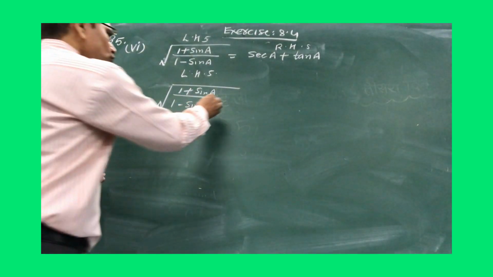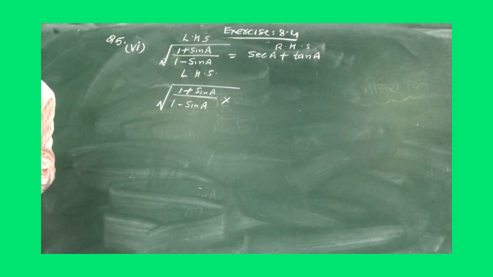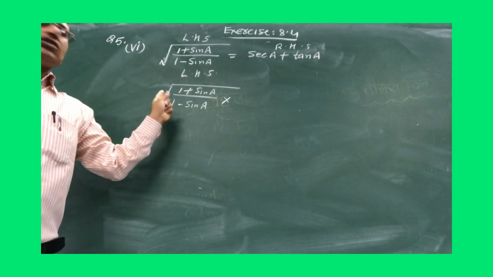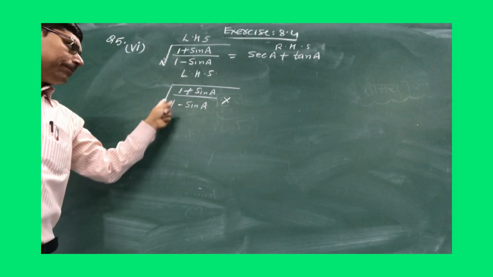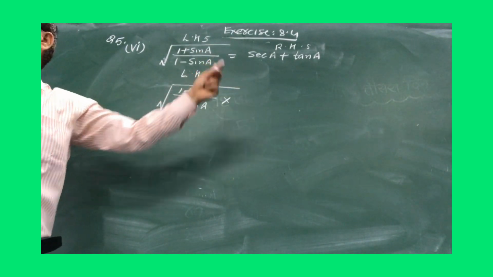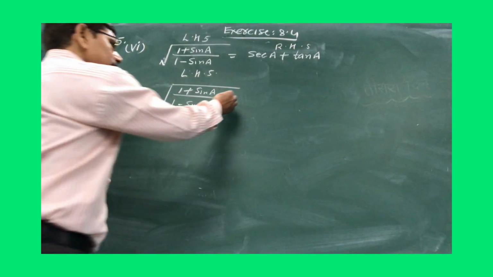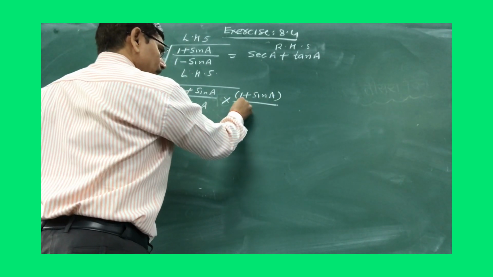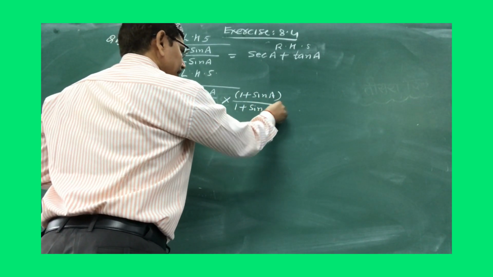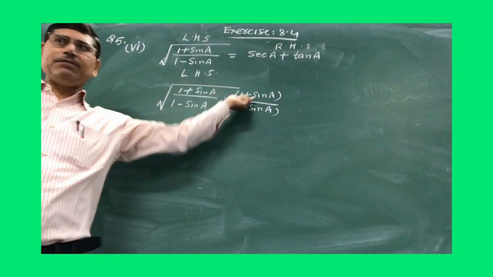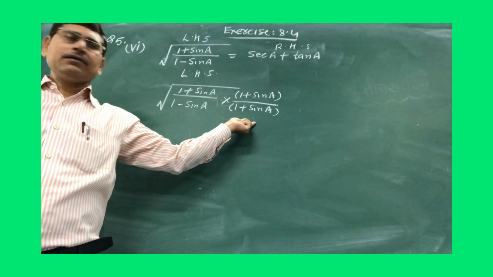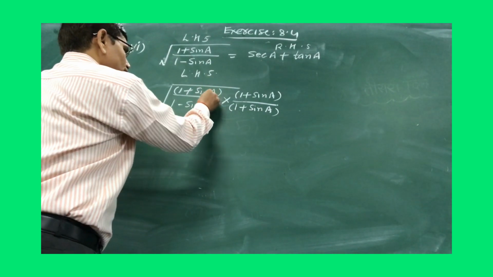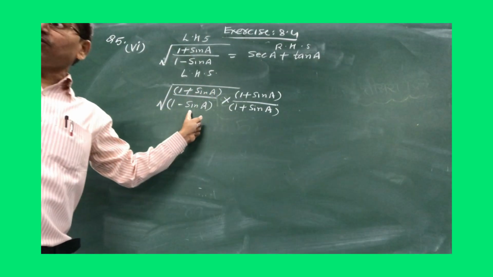So this is the left hand side. What to do? Yes, you will do here very nicely. Try to understand. You can observe what is the sign here. Sign is negative, so just opposite sign, and with the same denominator you multiply numerator and denominator both. That is 1 plus sin A here and also 1 plus sin A here. I told you that here the denominator you write the same, but change the sign. Here it was minus so make it plus, okay. And also write this just into the under bracket. This is the most important step.